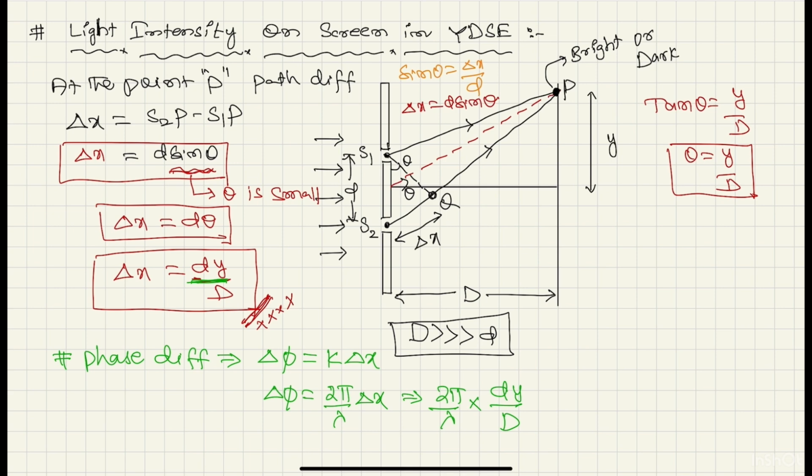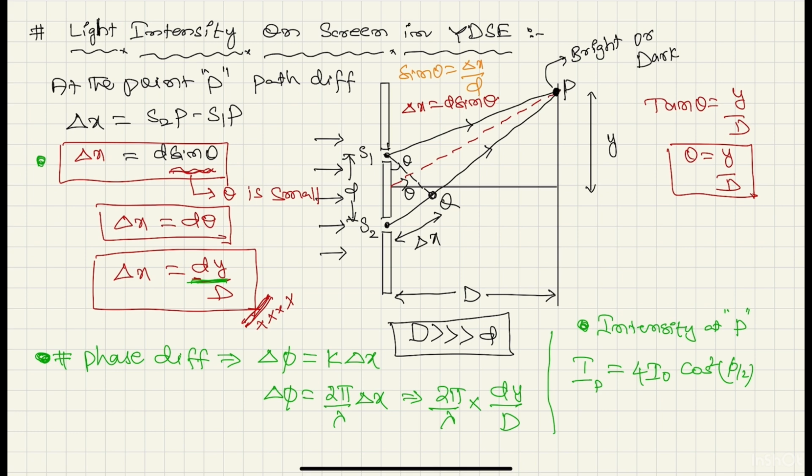Phase difference is done. After the phase difference, what was the first question I asked? What is the path difference, what is the phase difference. Okay, next one, what is the intensity at the point P? I is equal to, what is the general condition? We know that I is equal to 4 I naught cos square